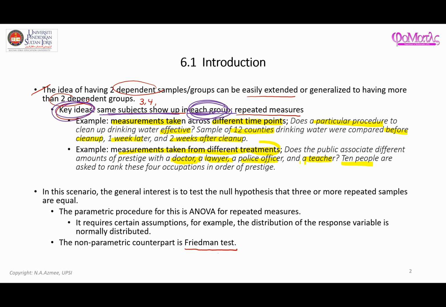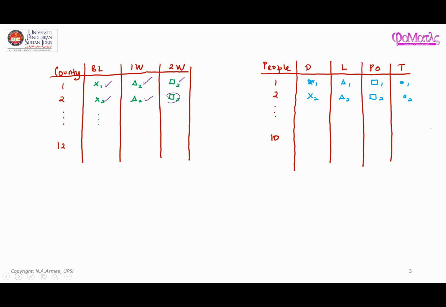Okay, so in this scenario, when you have dependent samples or repeated measures, the interest is to test the null hypothesis that 3 or more repeated samples are equal. So what does it mean? When they are equal, that means, for example, if you look at this example here, when the results are equal, when the groups here